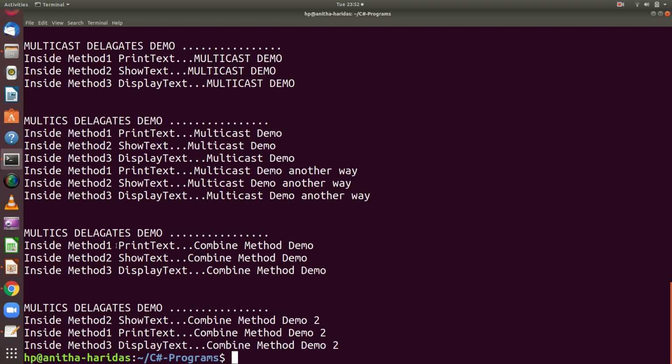In the combine method, first it invokes the print text method, show text method, display text method. So this is the order of combining the methods. But in the second case, I combined it like this: show text, then print text, then display text. So it invokes the show text method, then print text, then the display text method.